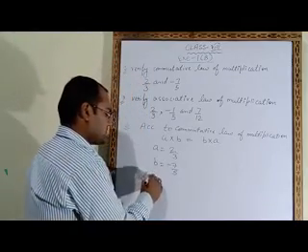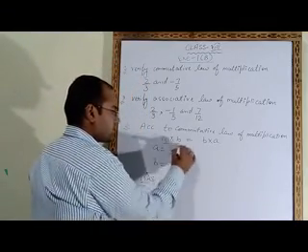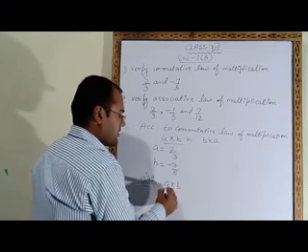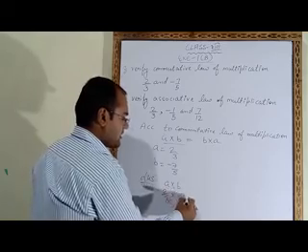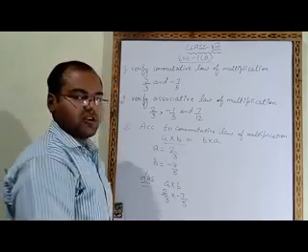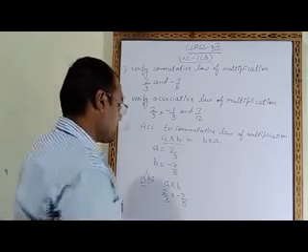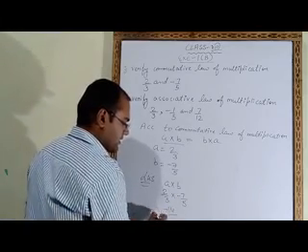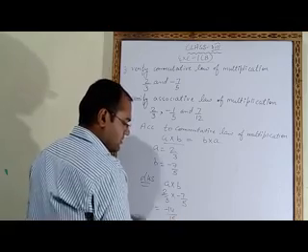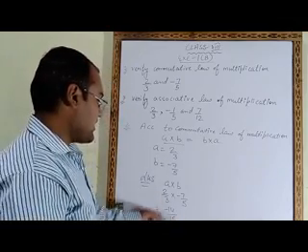Left hand side is A multiply B. Value of A is 2 upon 3 multiply B. Value of B is minus 7 upon 5. Now we will solve these two. On solving these two, 7 twos are 14. So minus 14 we will get. 3 fives are 15. Now this is the answer of the left hand side.